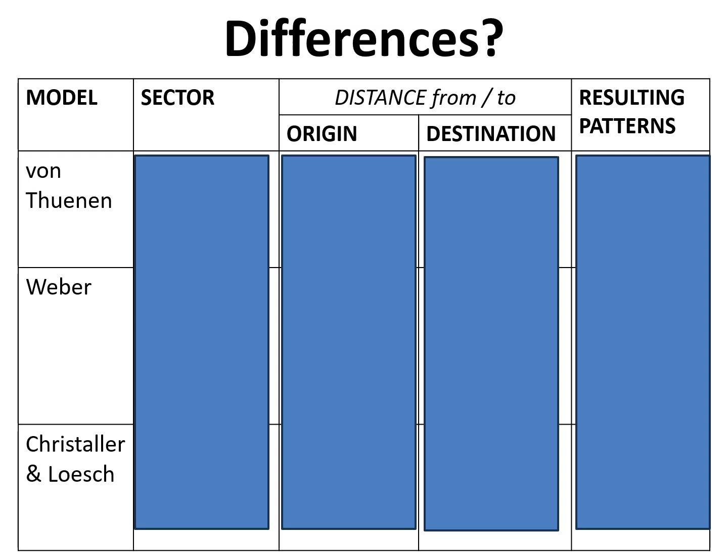So what then are the differences between these models? Here we've got a handy table to help us think about this. Here I've got model, and it's just who's the author. So von Thunen, Weber, or Christaller and Lusch. So this is von Thunen's land rent model. Oh, wait. Let me get out my little pointy laser thing. So von Thunen's agricultural land rent model, Weber's model of industrial location, and Christaller and Lusch's central place theory models,